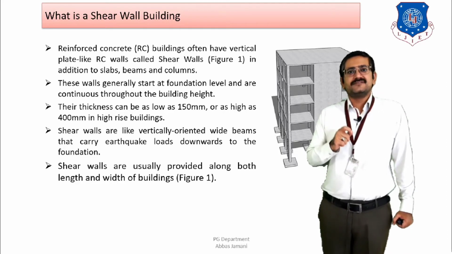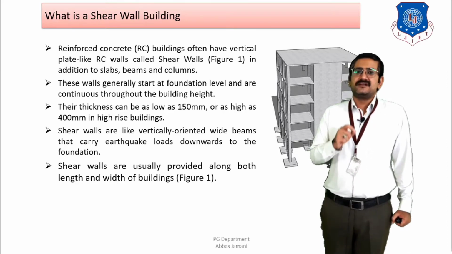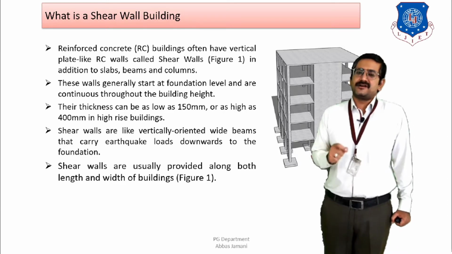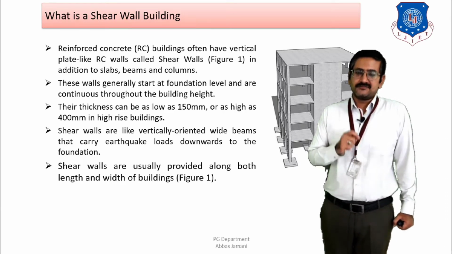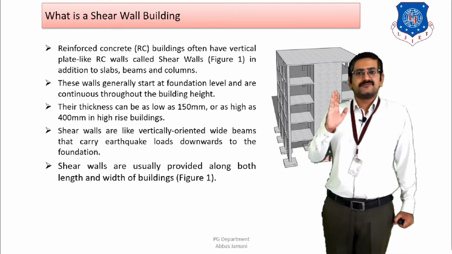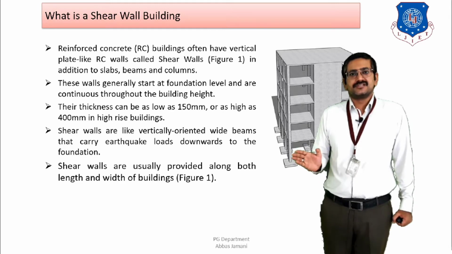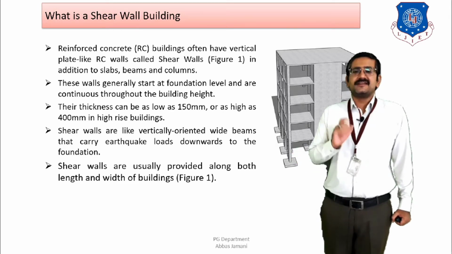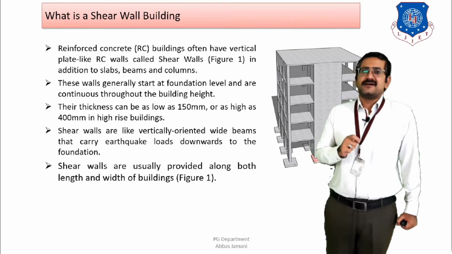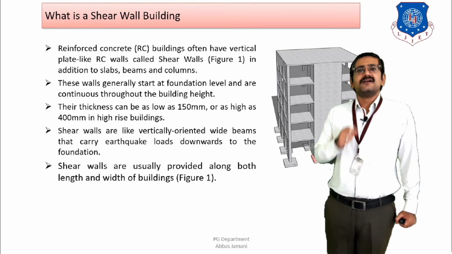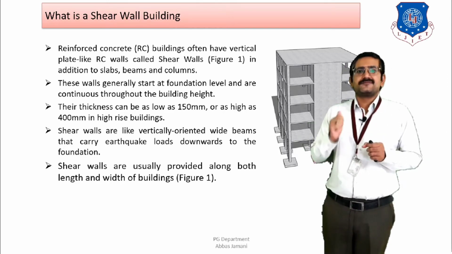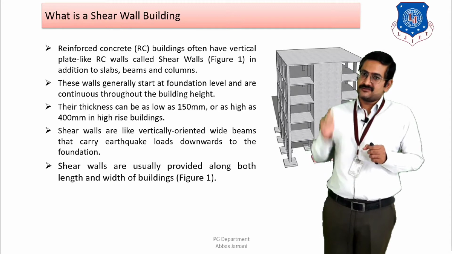Now the thickness of this wall can be as minimum as 125 mm to 150 mm, and the maximum thickness can go up to 400 to 450 mm also. But the purpose of these walls is to carry the lateral load forces from the top of the building and then transfer these forces to the foundation. So it is an important task that this RCC element is going to perform, and that is why we can say that shear walls are basically wide vertically oriented beams through which the transfer of lateral forces takes place from the slab level to the foundation level.